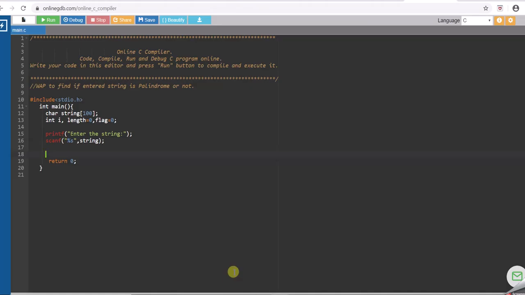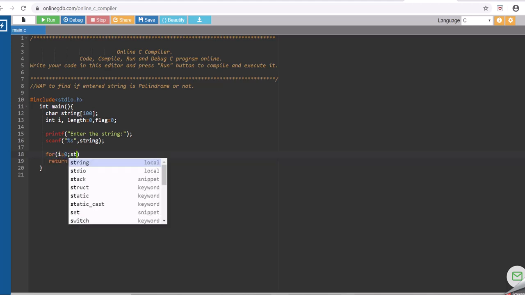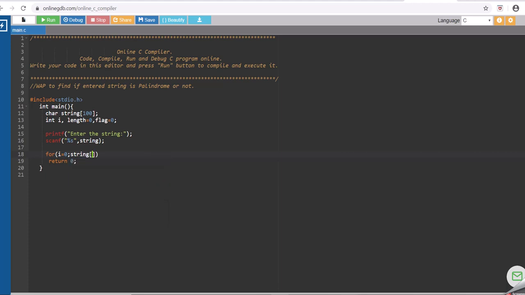Now in order to find the length of the string, I will make use of a for loop, for i equals 0 till my string of i is not equal to the backslash character, that is the null character, backslash 0.